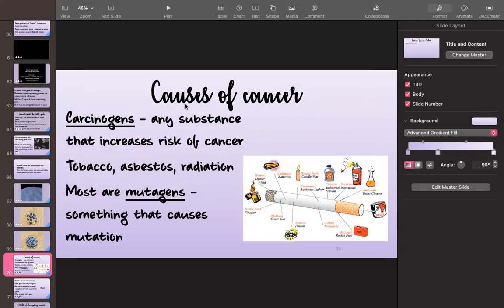So what kind of things can cause cancer? Cancer, like I said a few times, is a complicated issue because it can be hereditary, meaning that it can be passed down through the DNA. There are some cancer types that have been identified as being more hereditary than environmental, and one of those is breast cancer. So for the ladies in the class, I would highly recommend you ask your mom or your other female relatives what the frequency of breast cancer is in your family, because there is a gene in particular called the BRCA gene, I think it's called. And if you test positive for that, it means that you are at a very, very high risk to develop breast cancer in life.